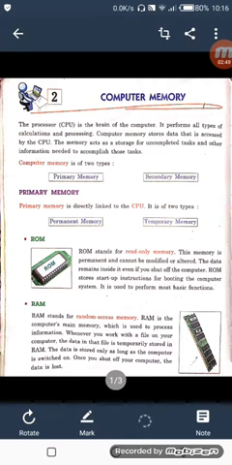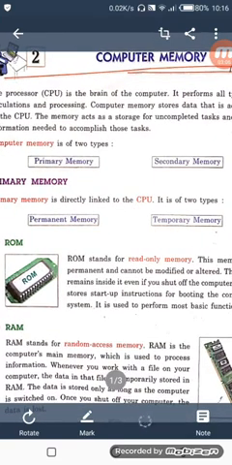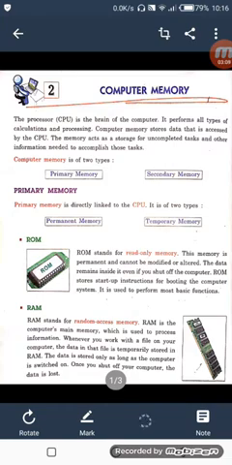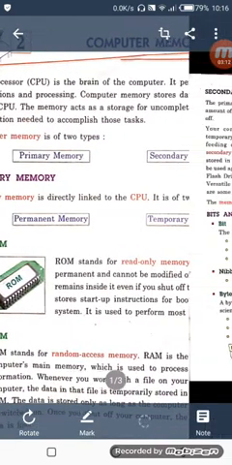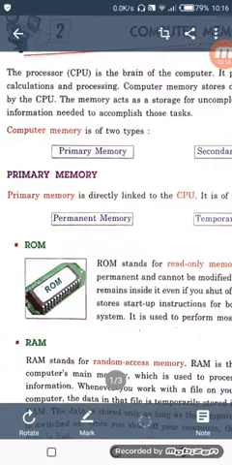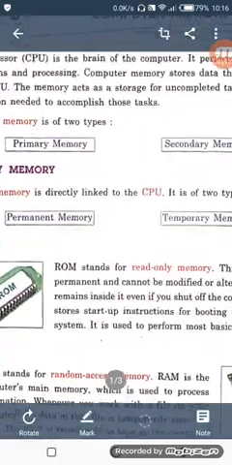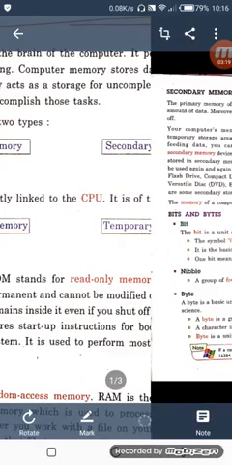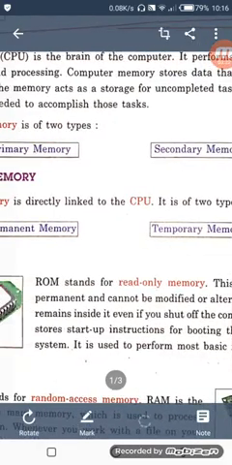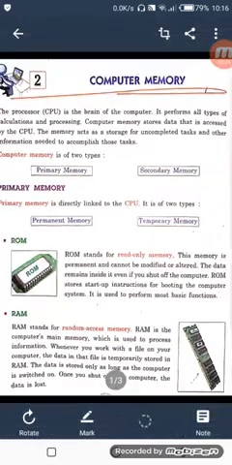Then where will that data be saved? It will be saved into memory. Just like I am giving you a lecture, where is it being stored? Inside your memory. Just like this, the computer also saves data into its memory. In your book, two types of memory are given. Computer memory is of two types: first primary memory, and second secondary memory.